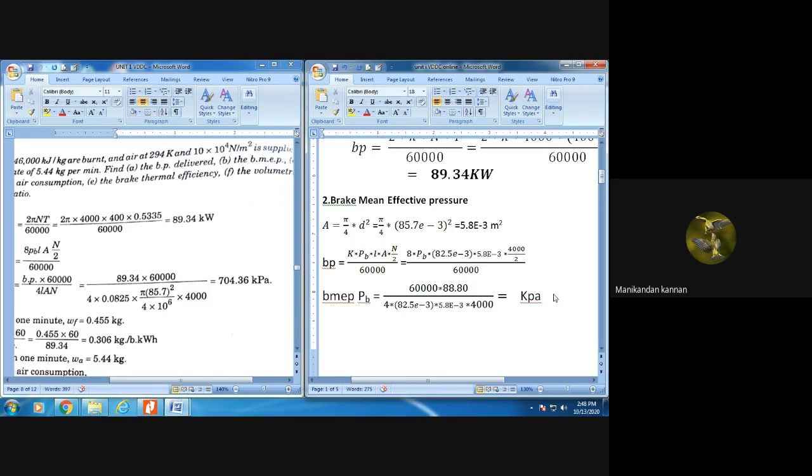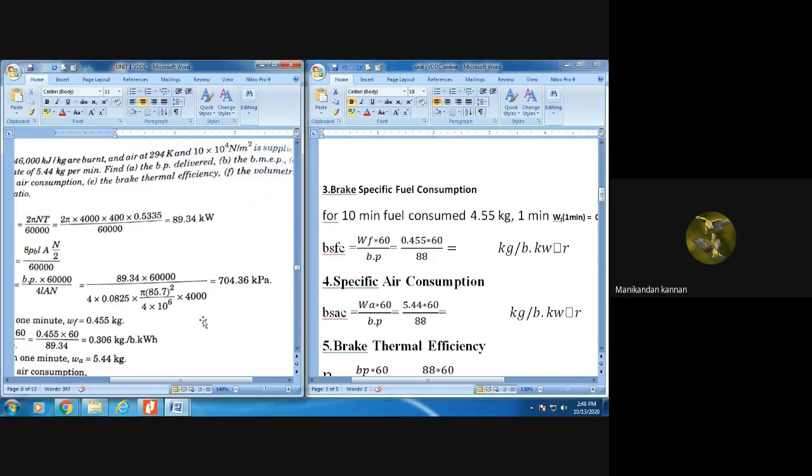Let me copy the value: 704 kilopascal. This is my second answer. First answer is brake power. Second answer is brake mean effective pressure. Then C,